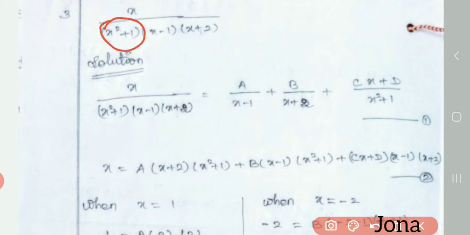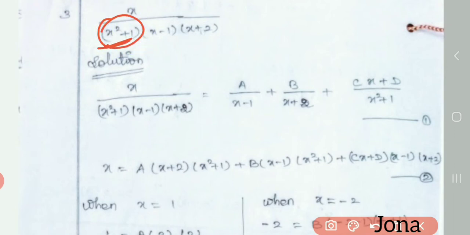new to us. This is x square plus 1. Here in x we don't have any powers except 1. We have power 1. But here we have the power as 2, so we need to introduce 2 constants for this factor. If we have power 1, we can have only one constant for it, but here we have x square plus 1, so I want to introduce 2 constants for this factor alone.